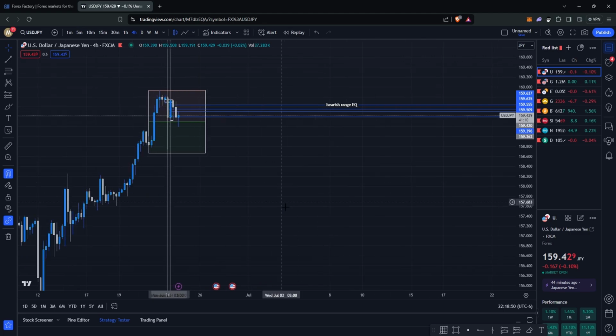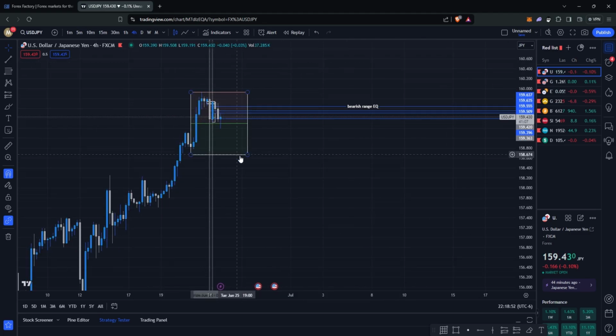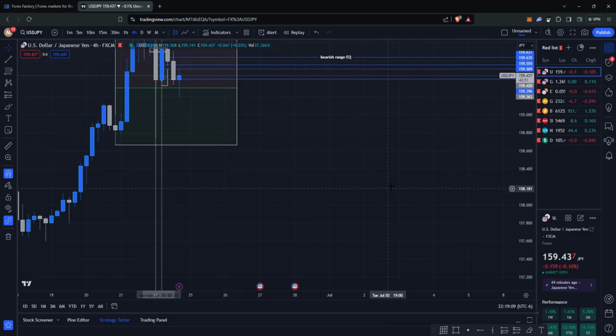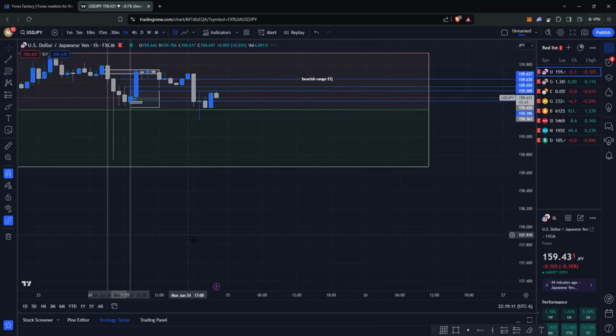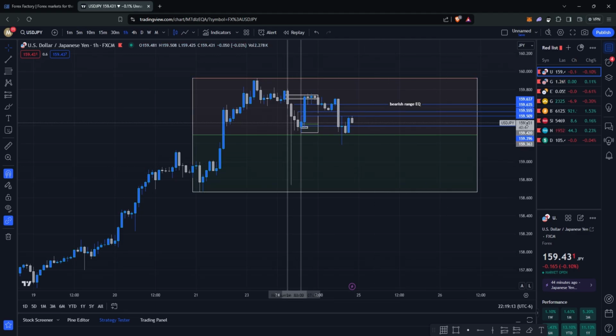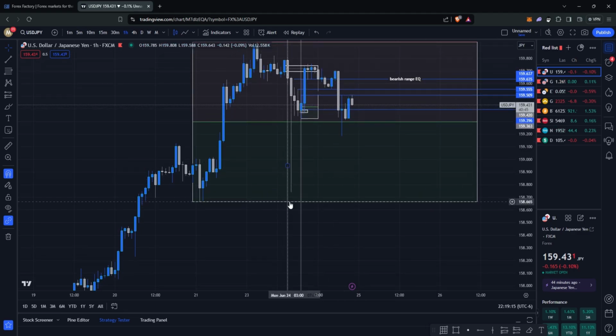So I came onto the 4 hour when I first hopped on, and I drew out basically our premium and discount, right? So from this leg here all the way up to this high here. So that was where our 4 hour premium would be, right here. And before market opened, we could scale back down into the 1 hour, right? So you can see this was